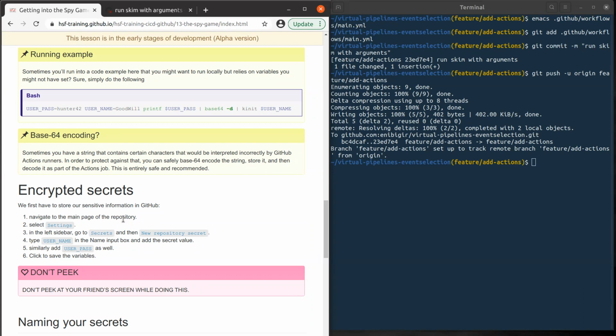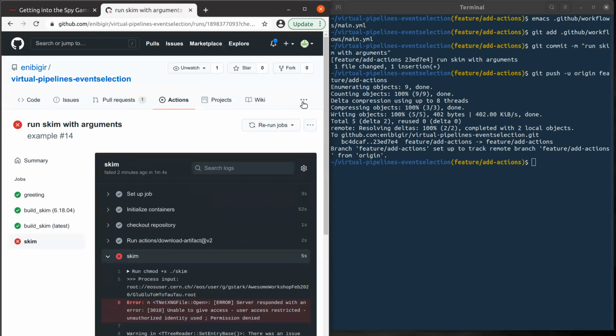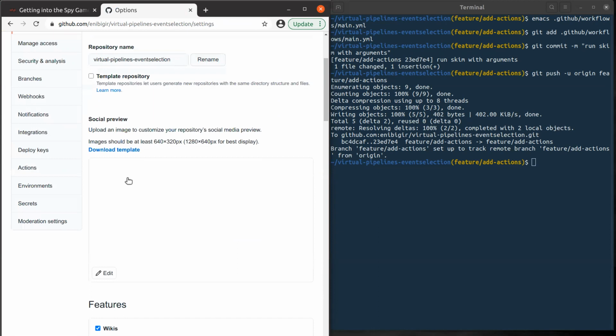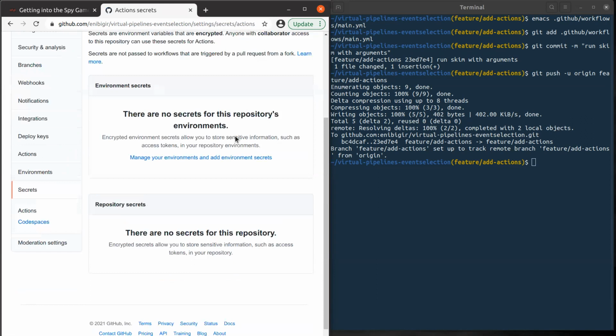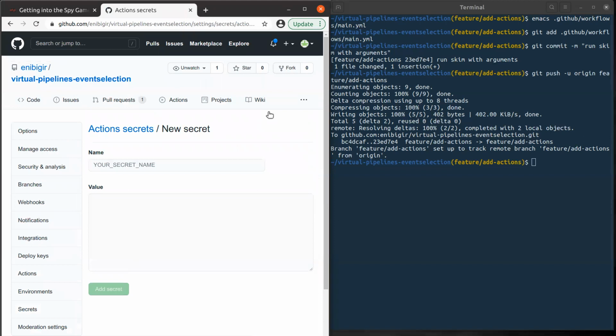What we have to do is to go on the main page of the repository, and in settings, let's see here, I should have settings, great, and then there is on the left secrets. Then you can see there are no secrets yet, but we can add it here. What you have to type in general is in plain text,